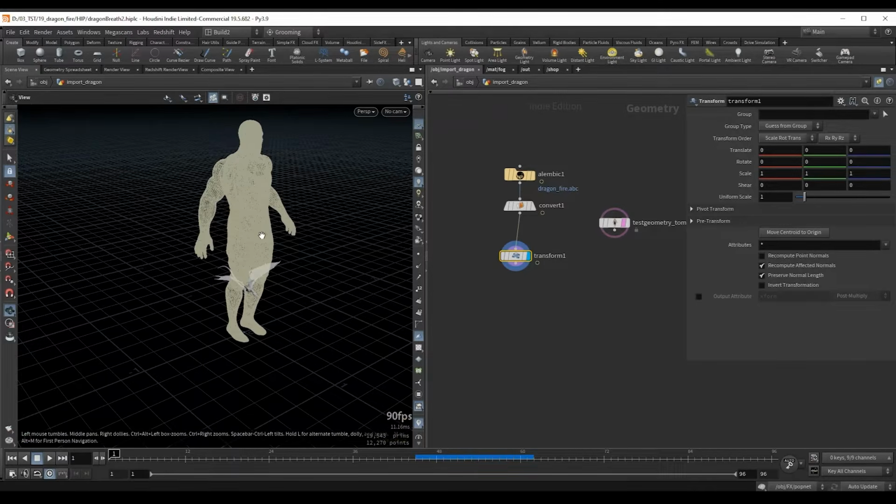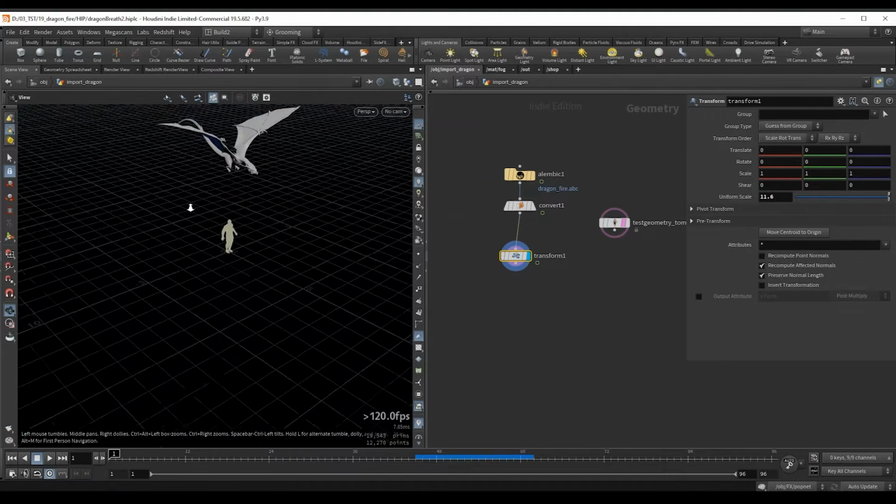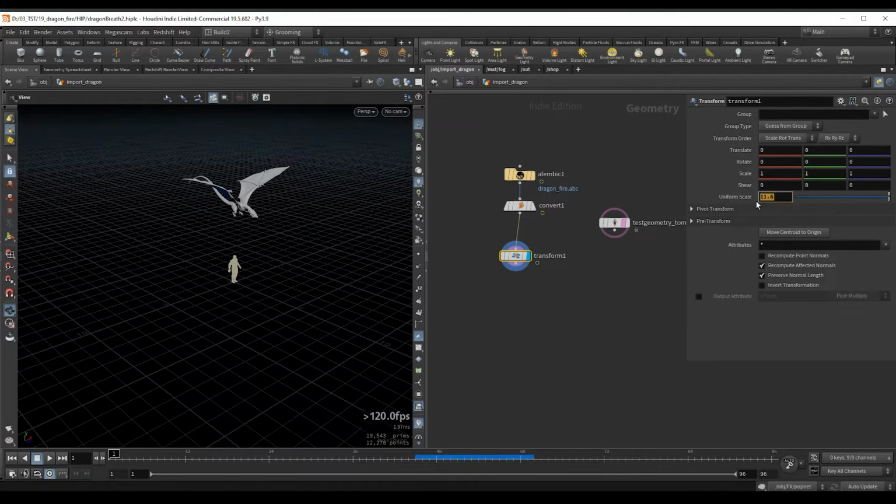And right away I want to say that scale matters for this effect. In order to get the realistic behavior of how a fire breathing effect would work in real life, we have to make sure that we are working with the correct scale. I'm roughly going to estimate that this dragon is at the very least way bigger, and in the original example I set the uniform scale to a value of 50.